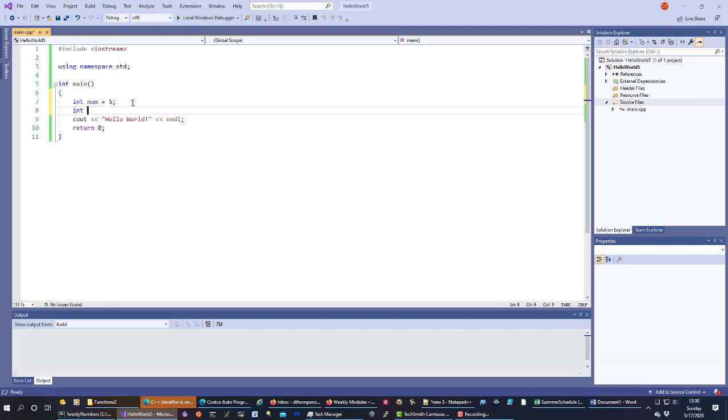And int result equals 0, and result equals num times 12. Cout result equals